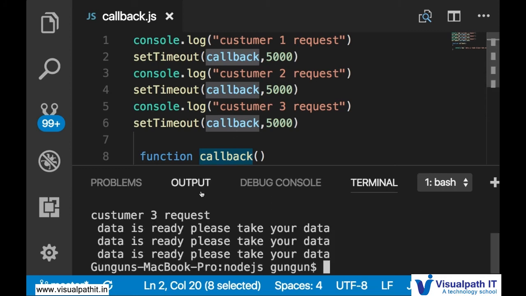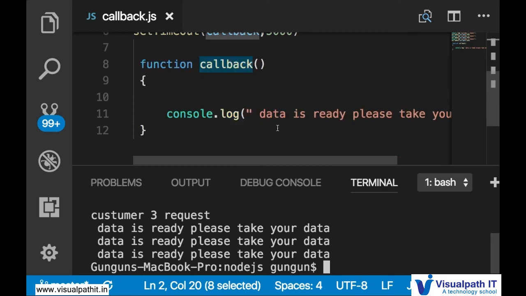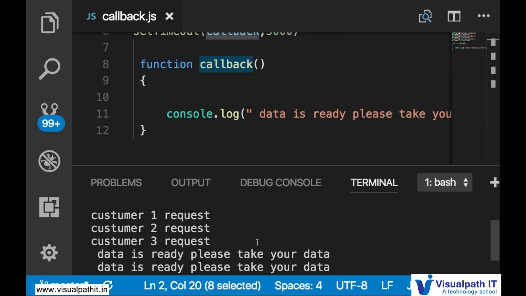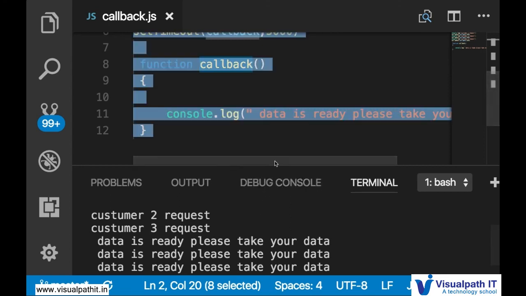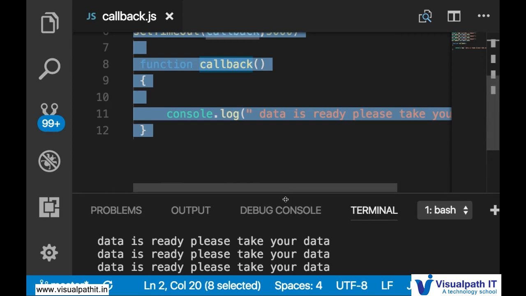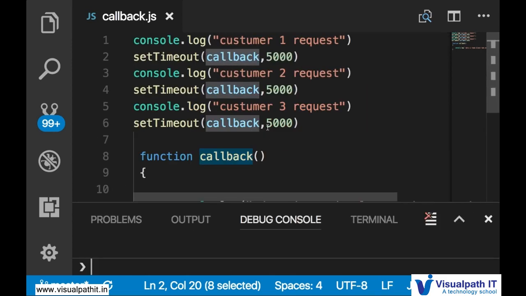After the data is ready, the callback method is getting called, and after 5 seconds every customer is getting their request. So this is the funda of Node.js, and this is the main concept of Node.js: parallel asynchronous process and callback mechanism.